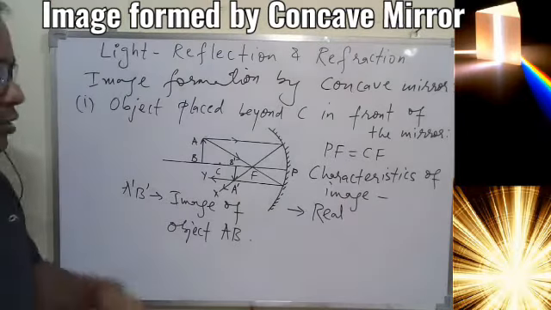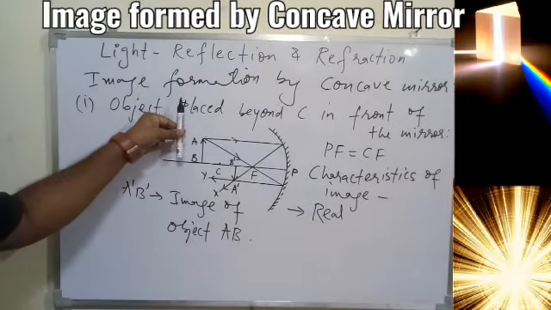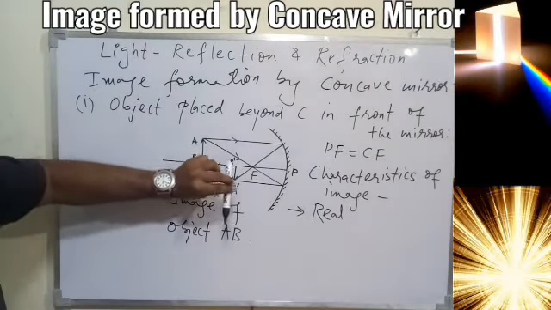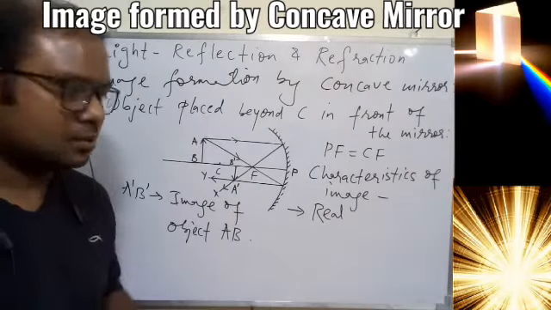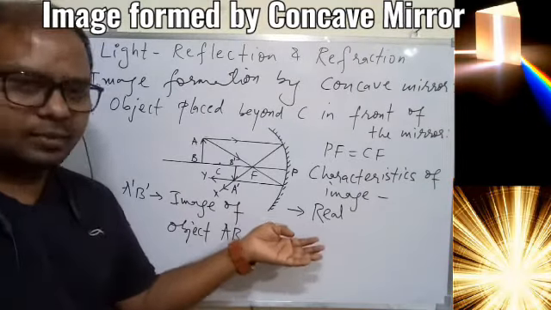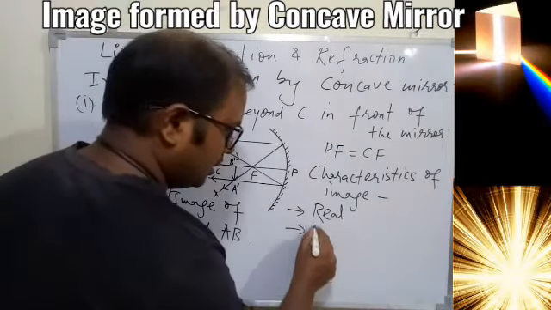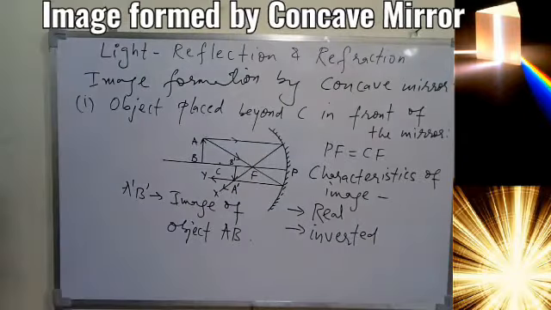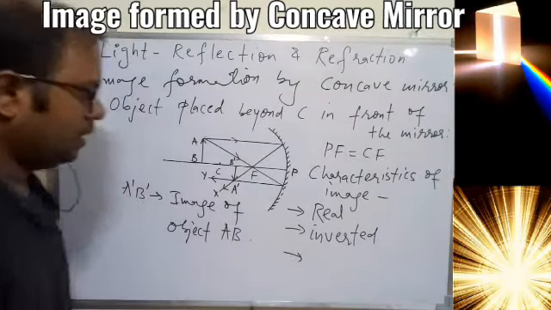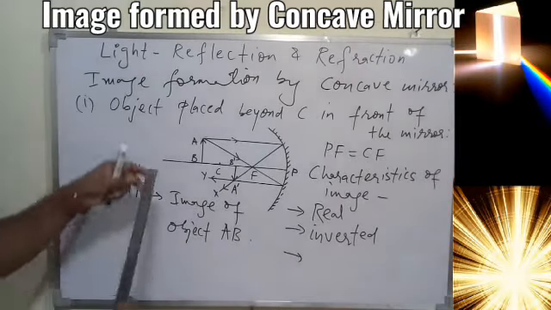Second thing is, you see A is this way, so the object is this way, but the image is going down, that is inverted, and that is the property of the real image. All the time when you are getting a real image, you'll see the image will get inverted also. So here the image is inverted, that is understood.